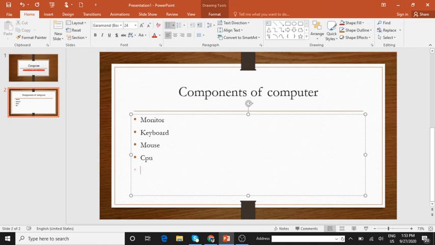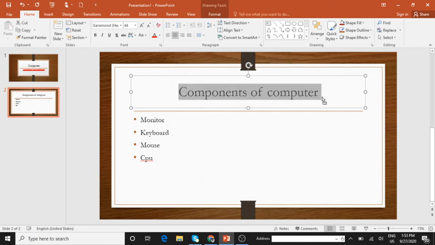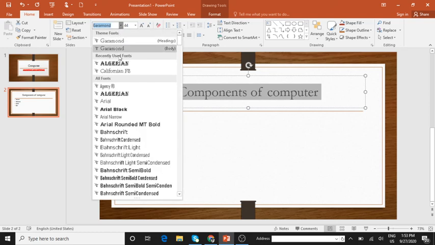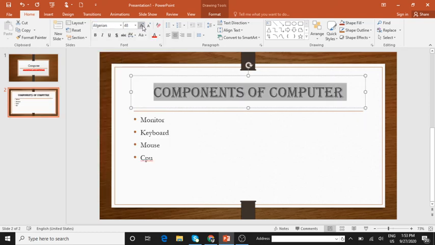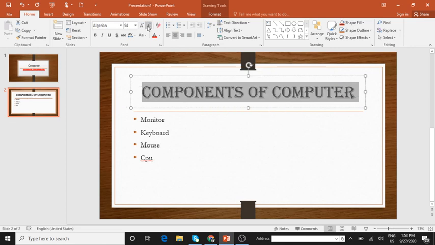So now any enhancing what you have to do, just click on this, select the text as usual, then change the font style if you want, increase the font size, okay, make it bold.